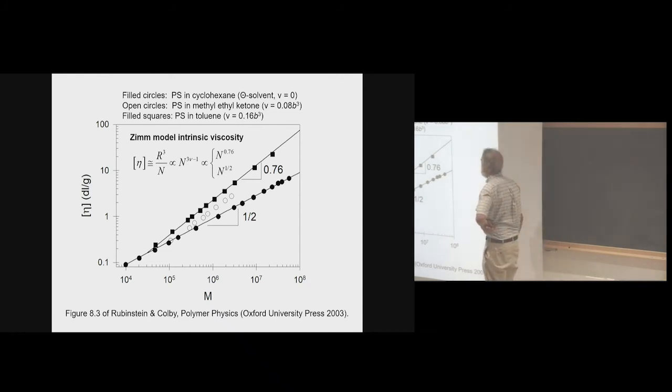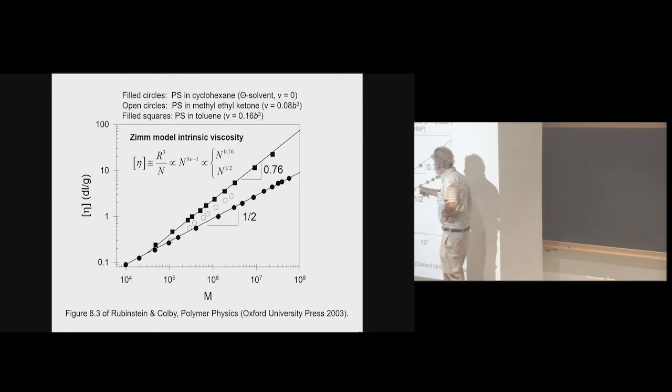Here shown for polystyrene in 3 different solvents. So this one is a theta solvent with nice slope of a half. Nu is equal to a half, so 3 nu minus 1 is also equal to a half. And I think something got cut off here, but there's 2 cases. This is the theta solvent case, and this is the good solvent case. And so in good solvent, nu is equal to 3/5 or maybe 0.588, and you get something like 0.76, and that seems like it works. And then there's an intermediate case, which has excluded volume